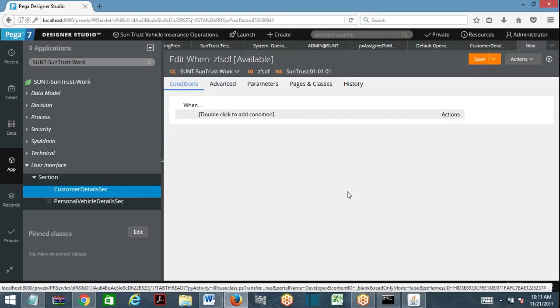Now how will it get? It will go to the operator profile, then from the operator profile to the access group, then from the access group to role to object. Role to object will verify the privilege. If the privilege is there, then this will return true. Otherwise it will return false.